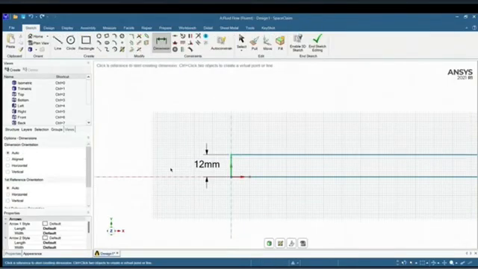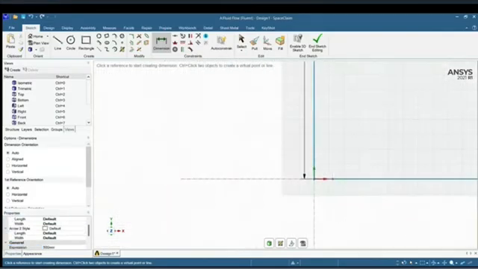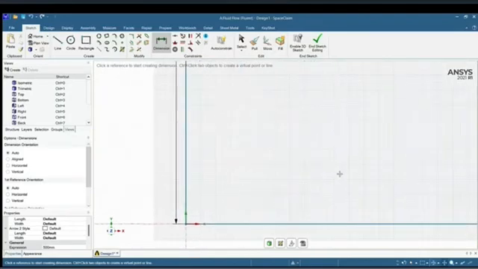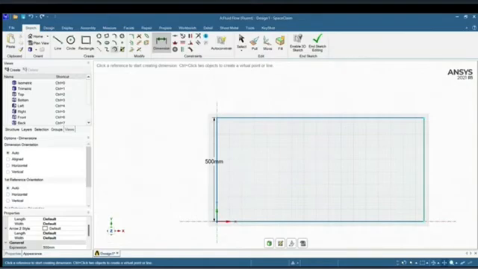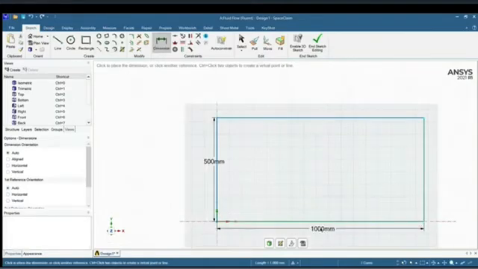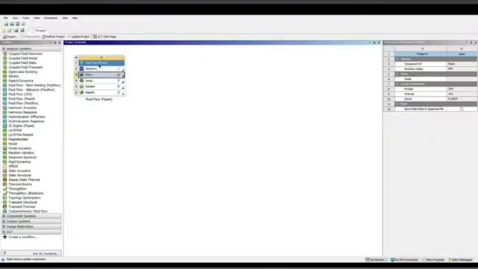For example, we set the dimension to 500 millimeter and the other one to 1 meter. And then after the dimension, we click on mesh